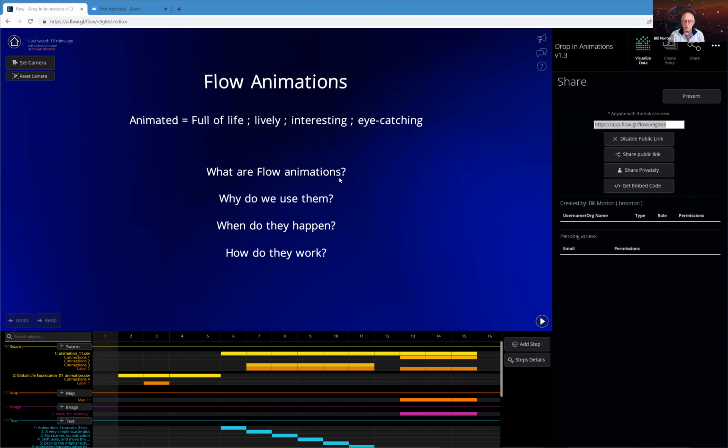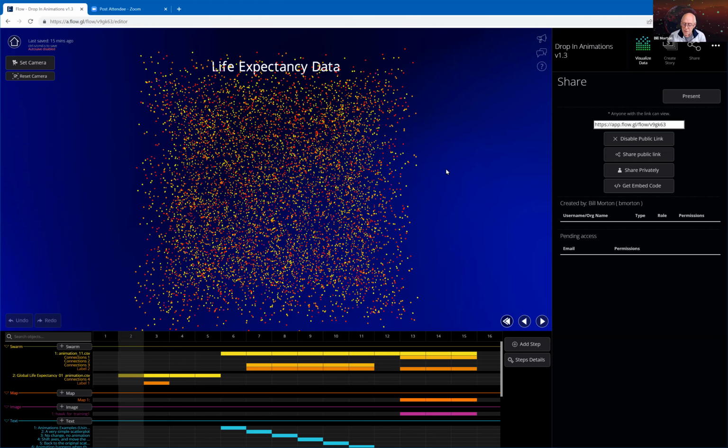And flow animations are a functionality we have that makes these presentations more eye-catching, more interesting, and lively. So I'll just give you a real quick example here. I'm going to go from step 2 to 3 in this flow, and I'll show you a quick animation. It's neither the best nor the worst animation in the world, but what this animation does is it takes the